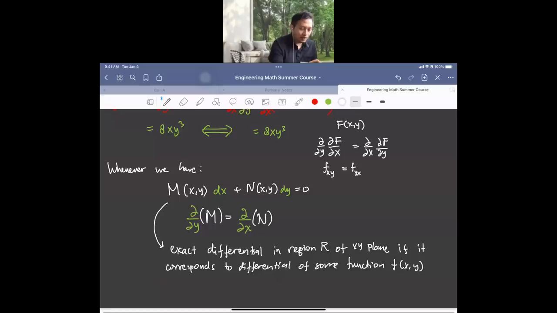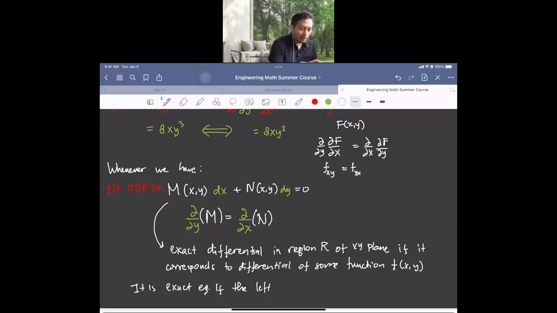In a first order differential equation form, this is a first order. So it is an exact equation